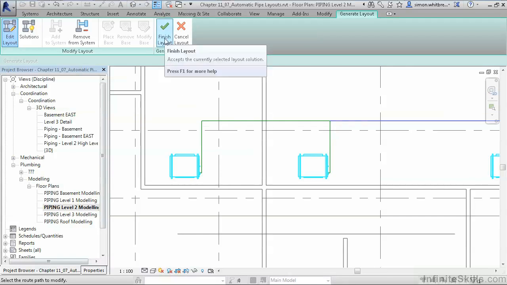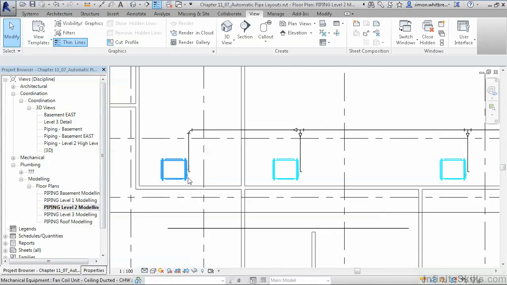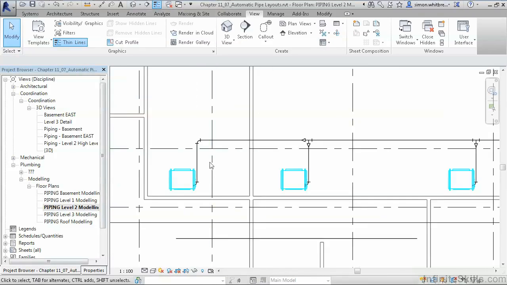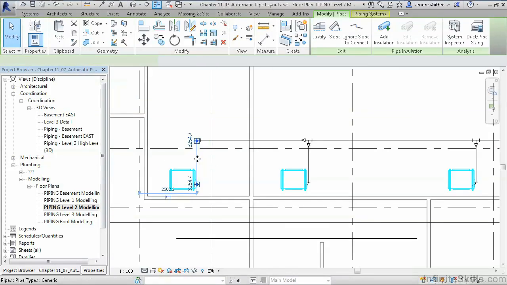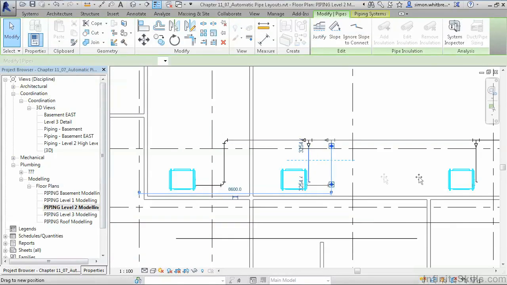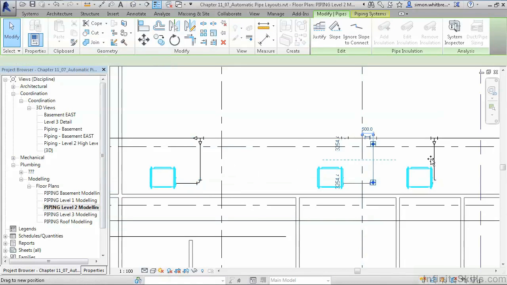Click on Finish Layout. Revit has actually created a pipe layout for me. We've got a pipe elbow going to the fan coil unit. What happens if I drag this pipe, however? If I drag the pipe, Revit has actually drawn a pipe from the bend to the fan coil unit. So we can now go and select the vertical pipes and drag them so we can create a manageable layout,